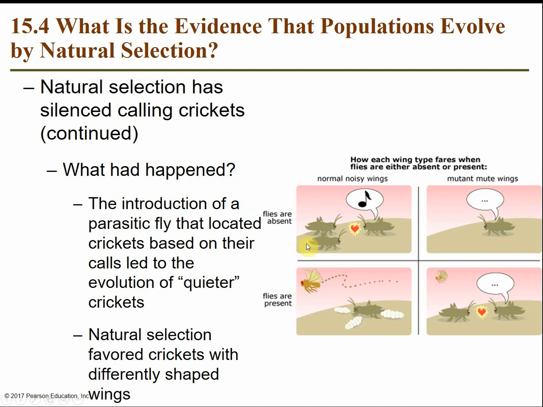Basically, the male crickets were trying to find a mate and making this noisy, loud song. So there was a parasitic fly located in the area that was tracking these crickets by their song. Over time, the crickets that were able to produce the song or the sound were getting killed by these parasitic flies. So the mutated crickets with the deformed wings weren't able to make the sound, so they were spared. They weren't found by the parasitic fly. So over time, their genes repopulated and increased in the population.